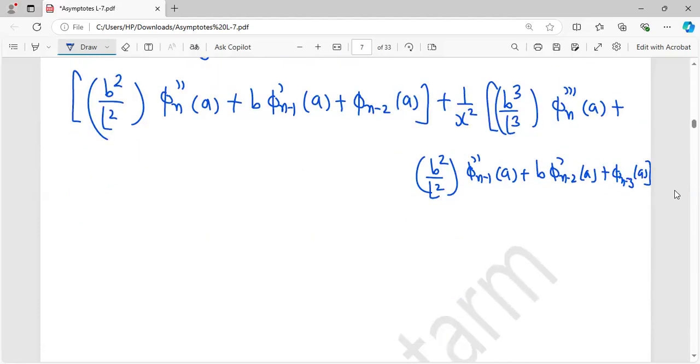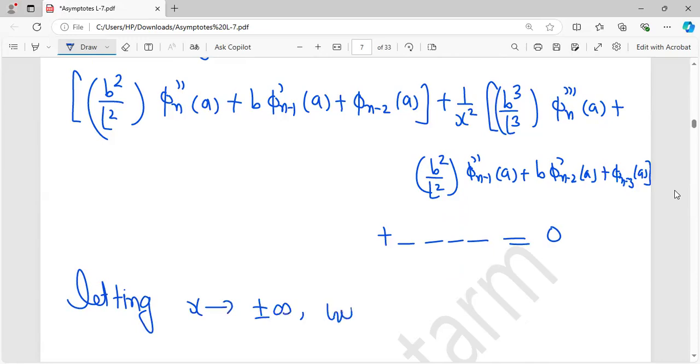So this is 3 like that, and this is 0. So letting x tending to plus minus infinity, we get,